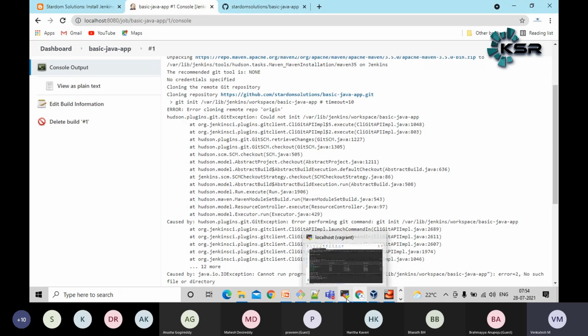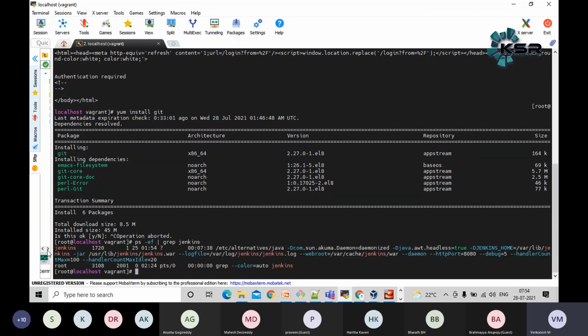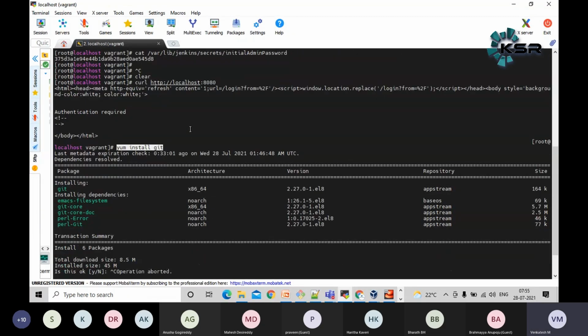Jenkins is running as a Jenkins user, guys. The process is running as the Jenkins user. Since the Jenkins user doesn't have root permission, it's unable to install any package. If you remember correctly, if you want to install any software, any OS-level package, I become the root user and install different packages. That may be like Git earlier. I also installed the Oracle JDK and Jenkins, everything as a root user, guys. This is the reason we got the exception.